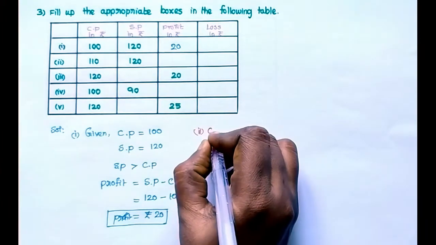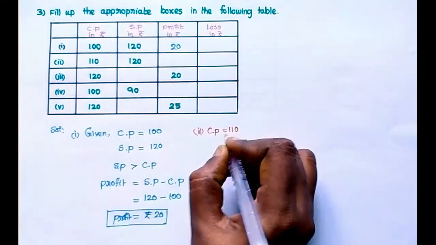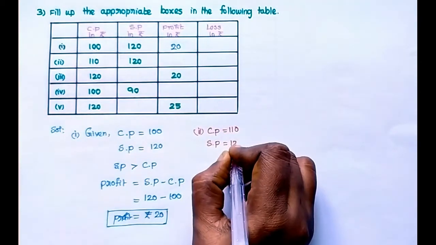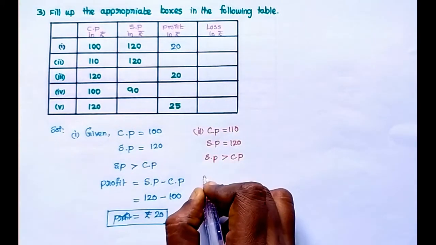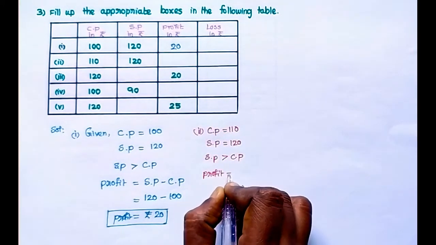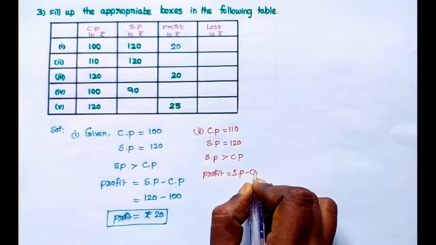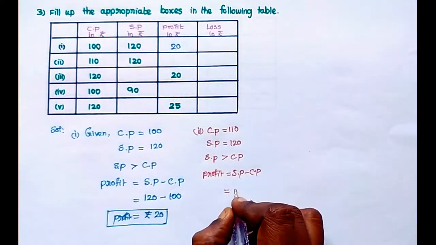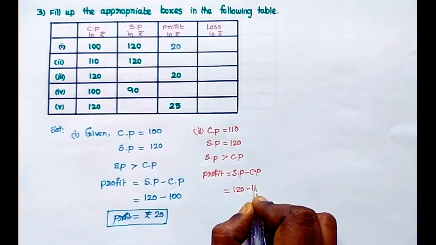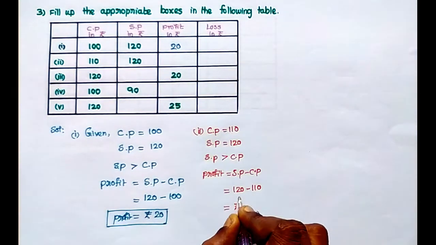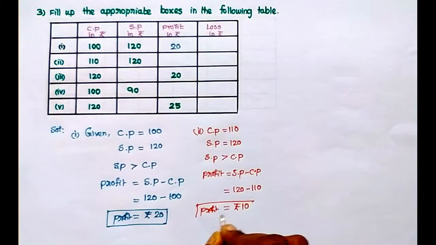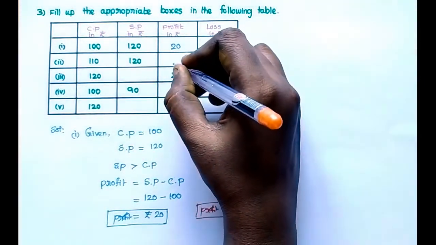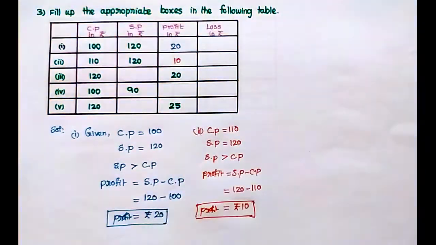Second, cost price equal to 110, selling price equal to 120. Here also selling price is greater than cost price. So profit equals selling price minus cost price, that is equal to 120 minus 110. So profit is 10 rupees. So profit 10 rupees. Next one,